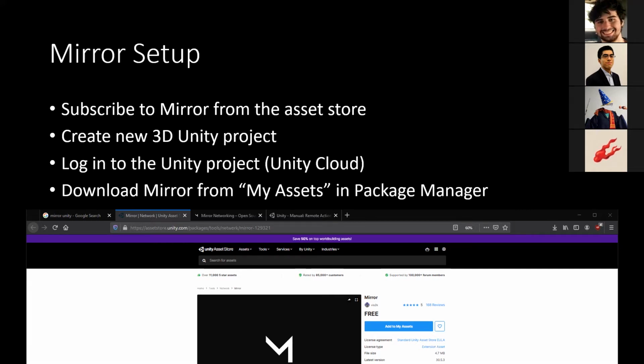There's also a package that I put on the Google Drive. I post a link there. Make sure you have that downloaded. That's going to be all the built-in scripts for the platform fighter that I've set up so that we can only do the networking part of it. So I just posted the Google Drive link, download the package, and then make sure you're also downloading the Mirror.